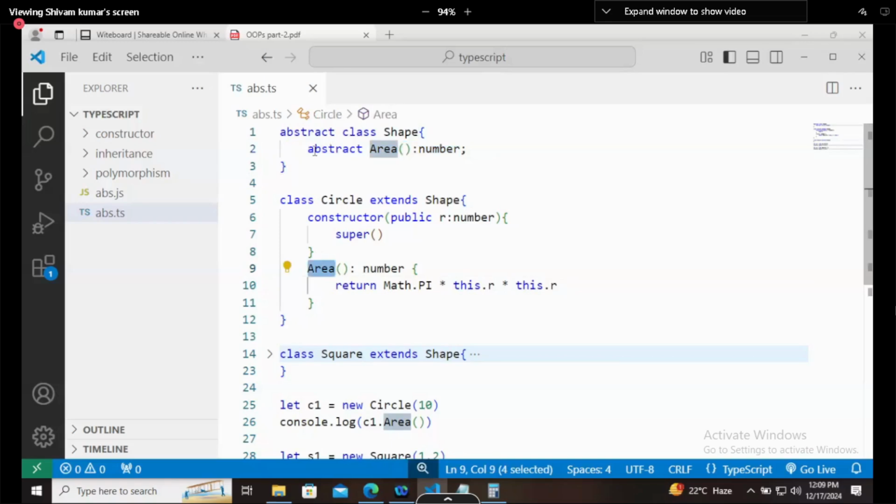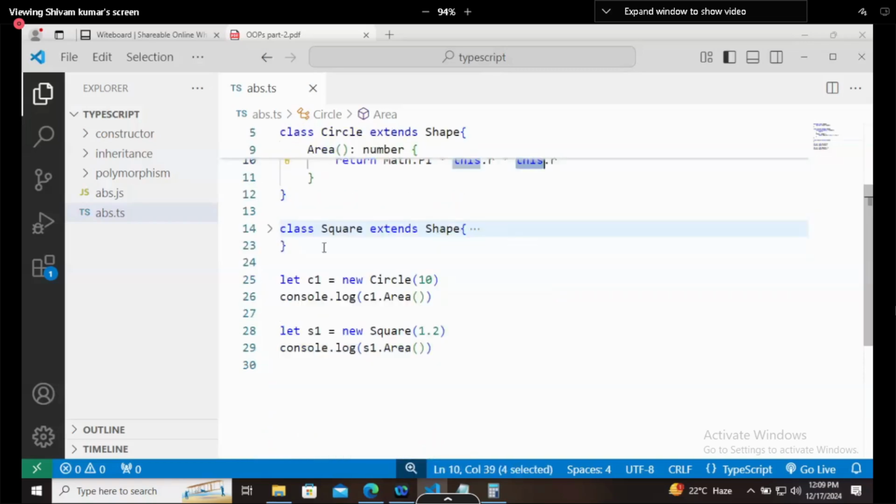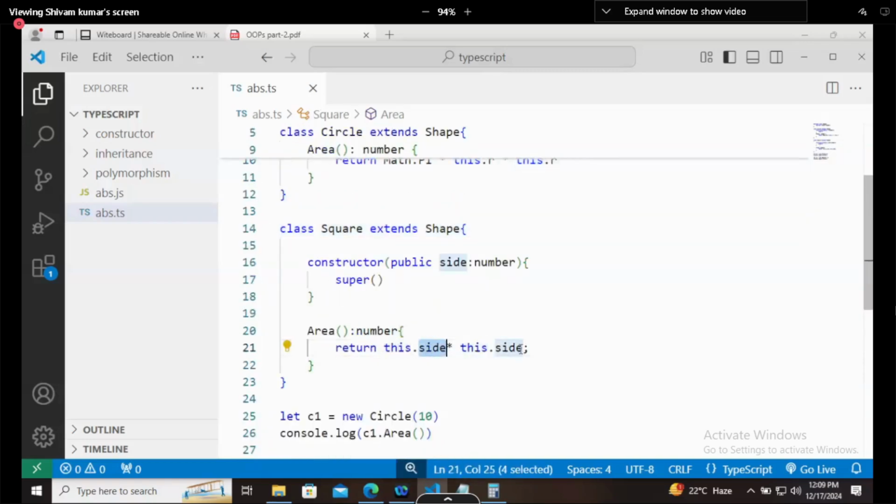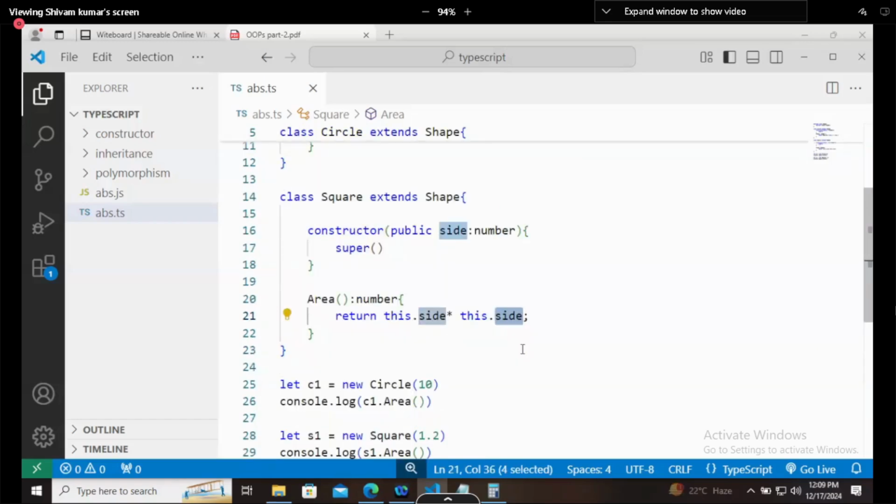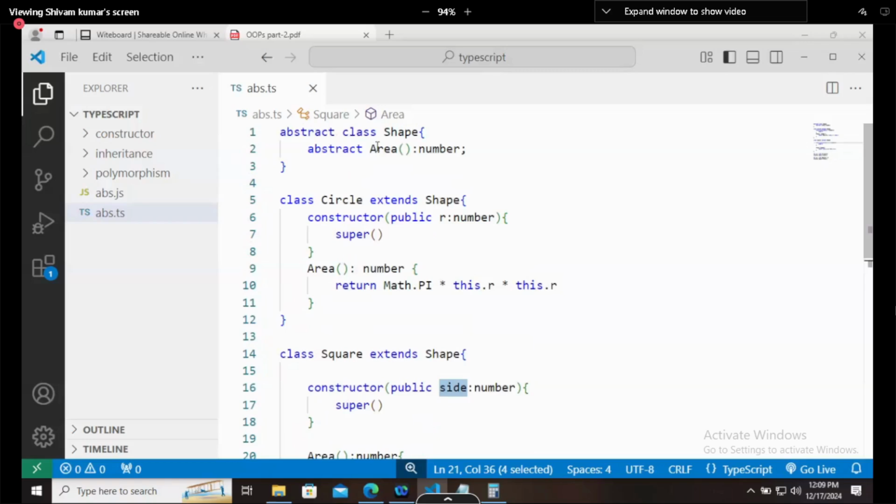Do you have any mathematical formula written here? No. So the user will see area. The user will not see that Math.PI, this.r, and the user will not see this.side multiplied by side. What will the user see? Area. And area is a function.